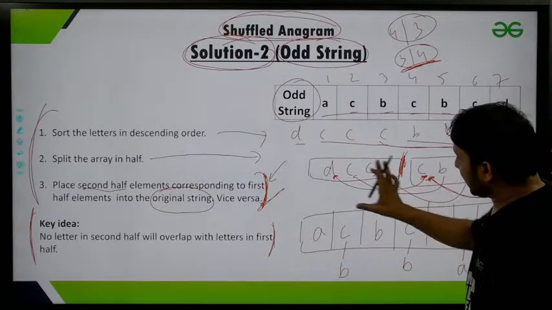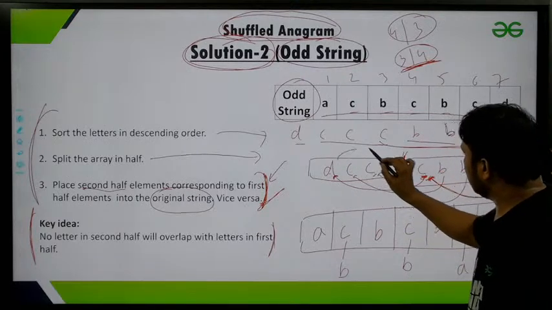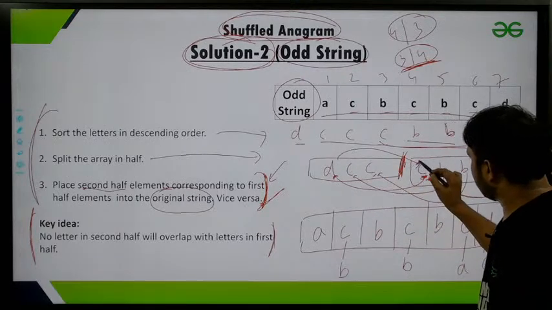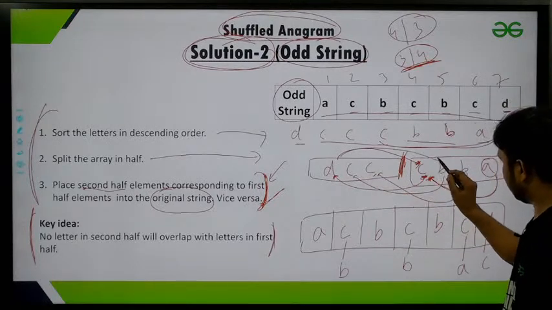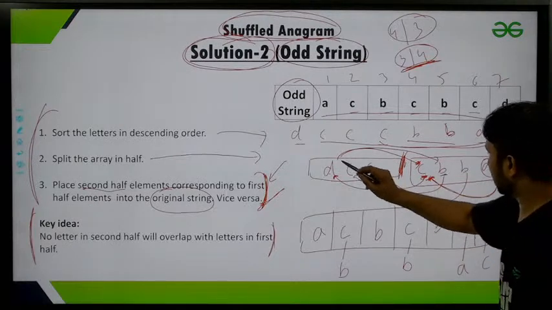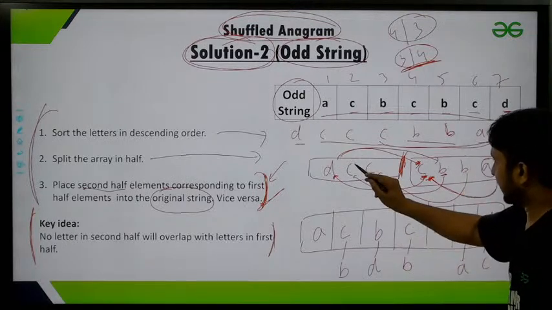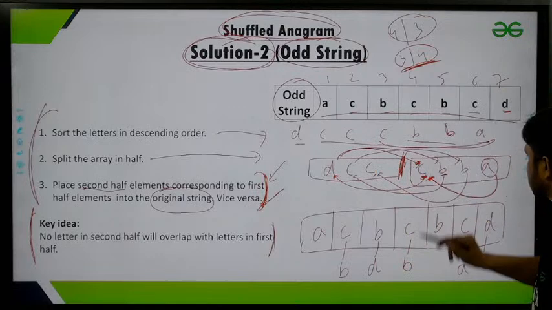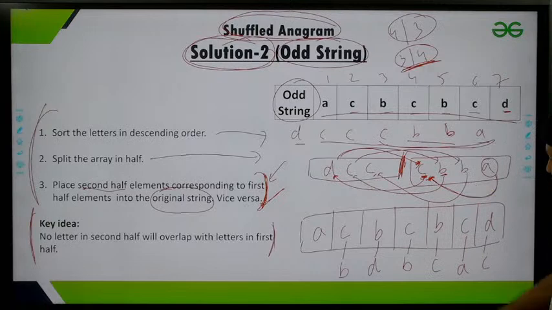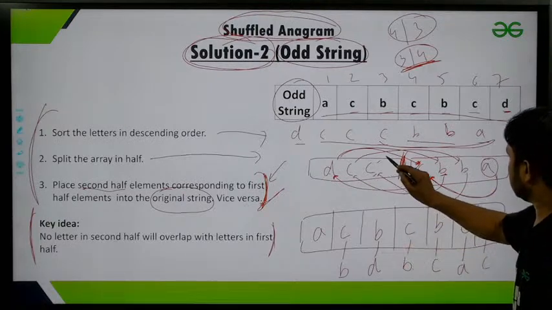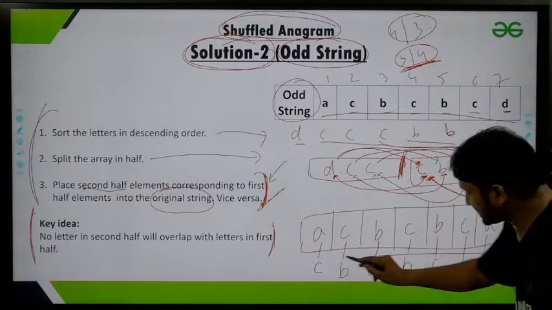So this was from right to left. Let's apply the same from left to right. From left to right, D below C. Not below C, because we have already processed C. We have already put A below C. Next one, D below B now. D below B. So this is the B. Next one, C. C's corresponding element is this B. So I will put C below B in the original string. And this C below A. So I get this